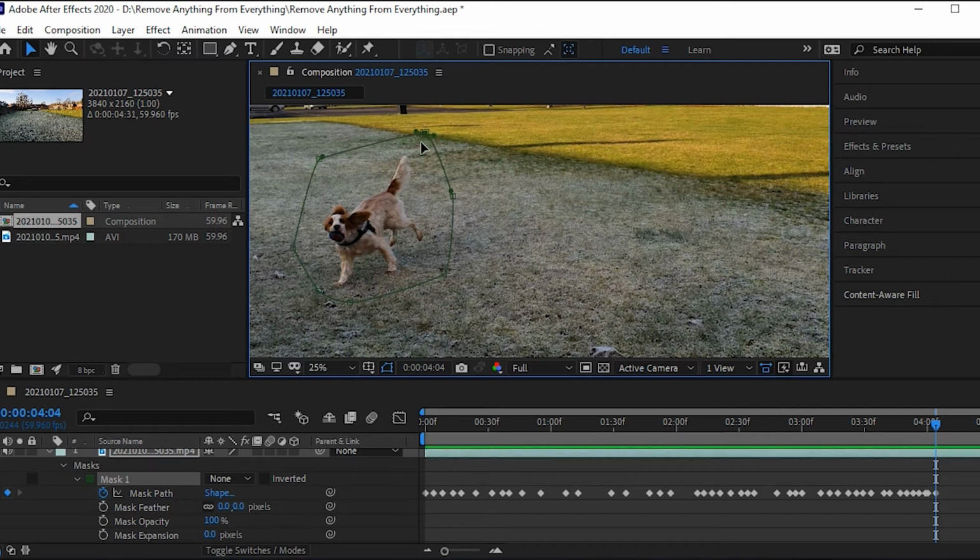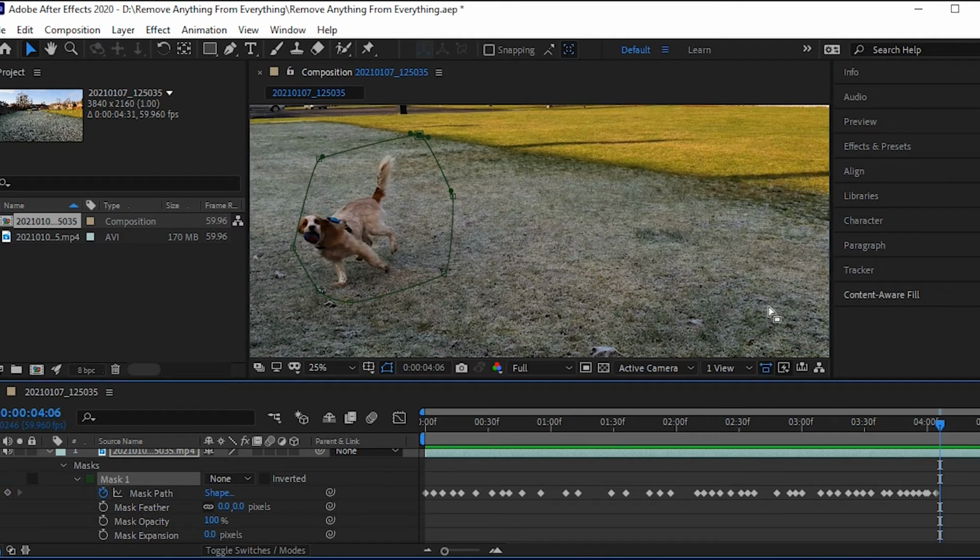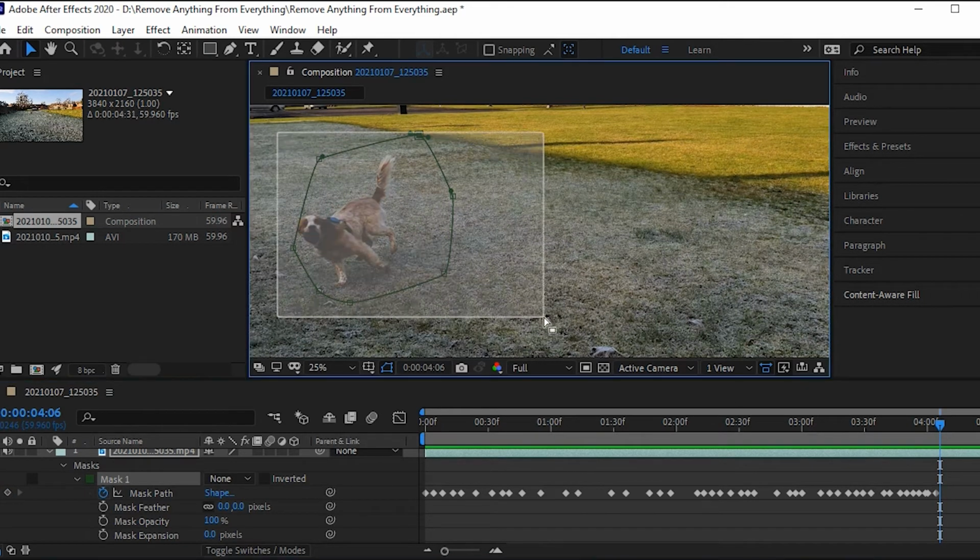I'm going to try and keep it within this white space here, just so that it gives After Effects a little bit of an easier time. It's only having to try and figure out what this is. It's not trying to figure out gaps and things like that. And that's just you sort of trying to help at the same time as trying to get it to do something. You've got to sort of play your part as well at the same time.